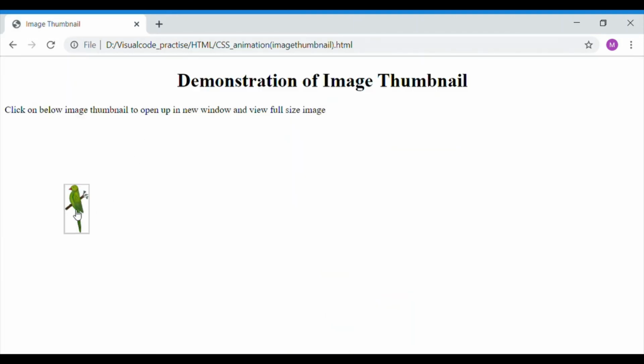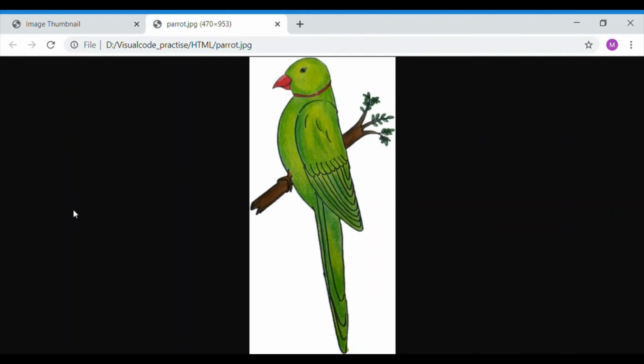It has opened in a new window because we have given in link href target as underscore blank. This makes the image under link to open in a new page. So this way we can create an image thumbnail for our web page.